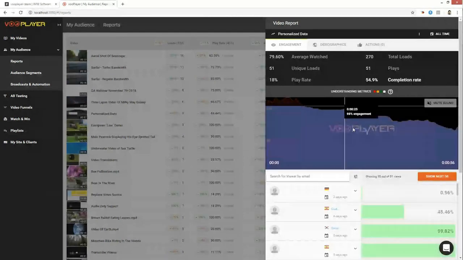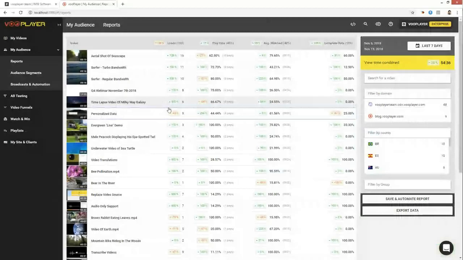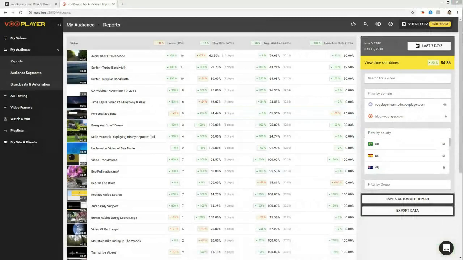whereas the individual insights, which you can jump into straight from the report without leaving it, give you the ability to dive a little bit deeper. So hopefully, as I mentioned once more, you're going to find this fairly useful, and we're looking forward to feedback on what else we can add to these reports, what other filters we can include, what other metrics you would be interested in seeing, et cetera.